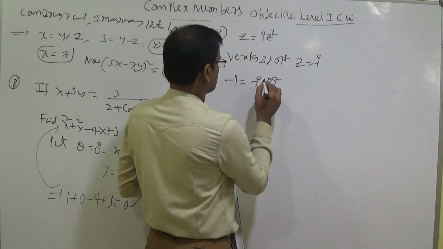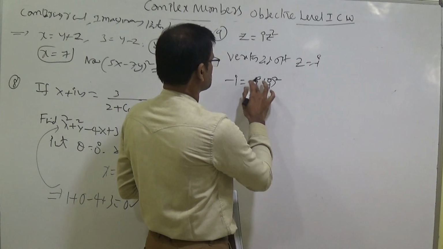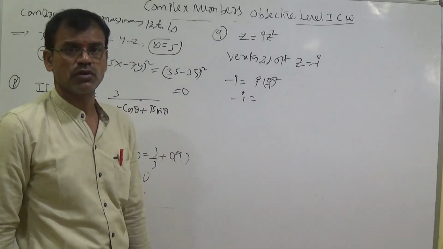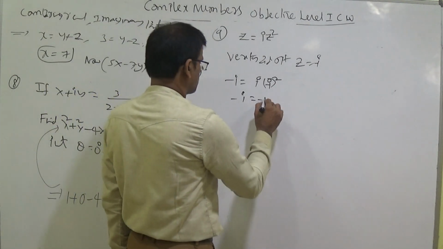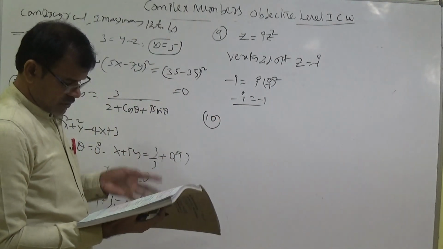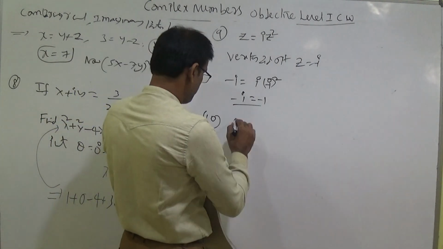Put here minus sign. No, not like this. I into minus sign whole square. So minus I, here minus I whole square becomes minus 1 whole square into I square. It is minus 1 into I, minus I. So verified, second option. 10th one, the conjugate complex number of 1 by I minus 1.